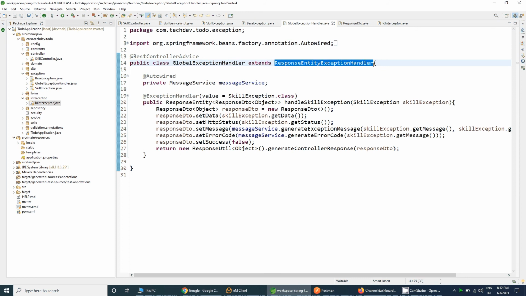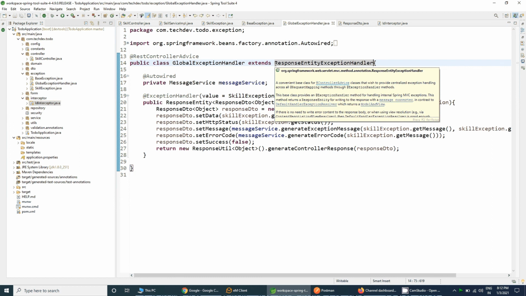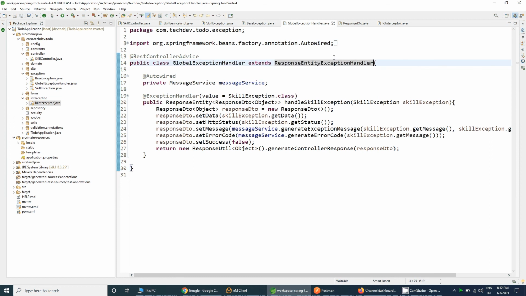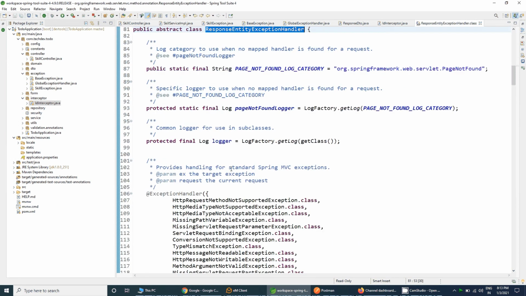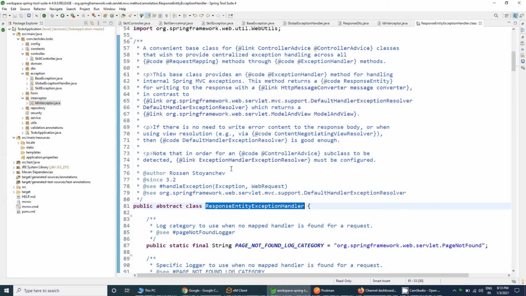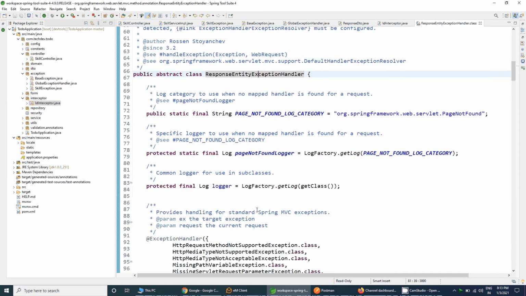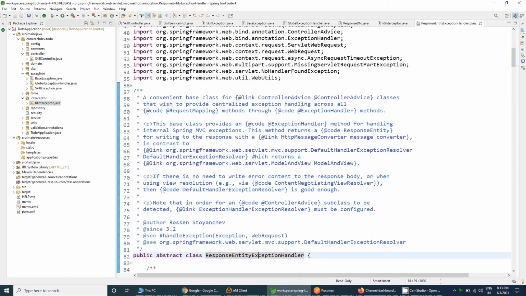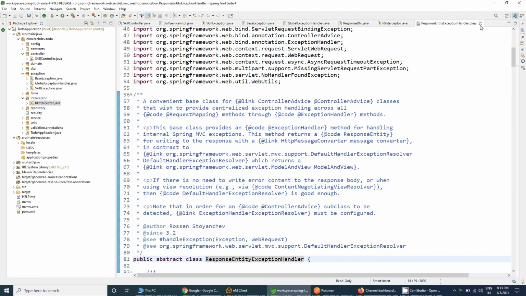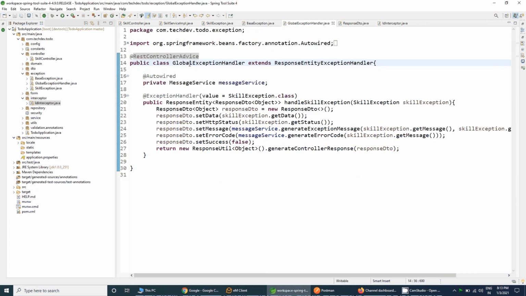In some other videos I will explain the advantages of extending this class here, and you can even override and customize other exceptions which are handled by the ResponseEntityExceptionHandler. So it is an abstract class, and it has some methods which can be overridden in our global exception handler class, and our predefined exceptions can be customized.